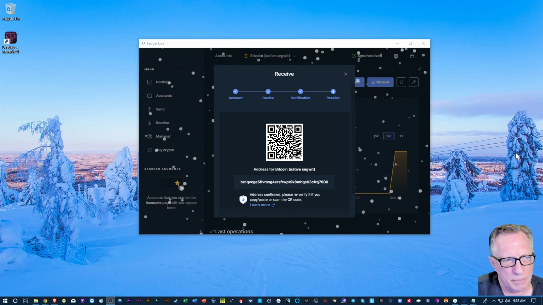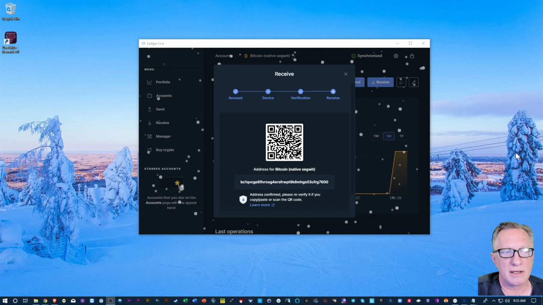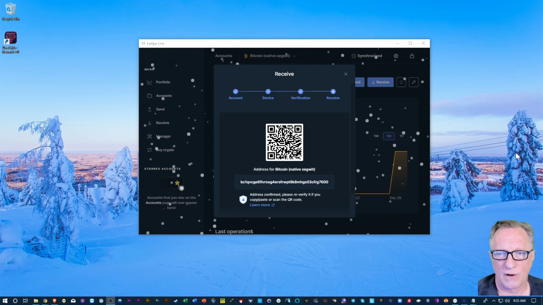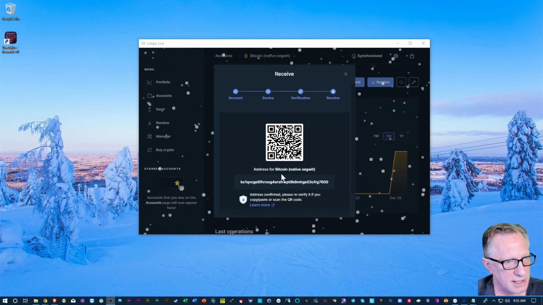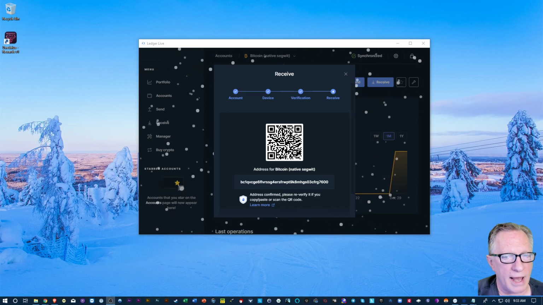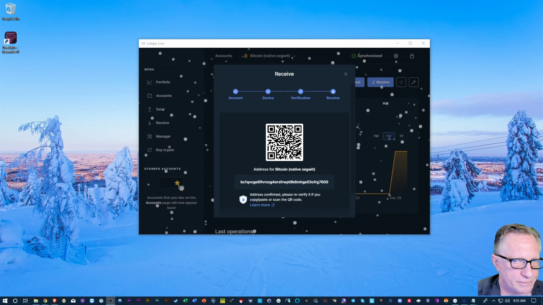So even though the blockchain is public, generating a new address for every single transaction improves privacy and security, right? So this is a unique public address that I can send to someone and get some Bitcoin from them, or I can use it if I go on an exchange and do a withdrawal.